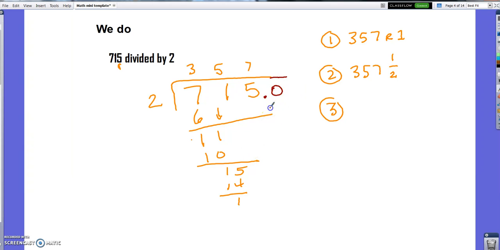So now I can just extend my problem. I can just do another place in my division. Now 2 times 5 makes 10. But I know my answer is about 357, not 3,575. So I've got to put my decimal where it makes sense and just say my third answer is 357 and